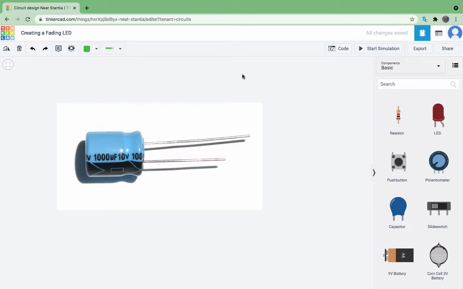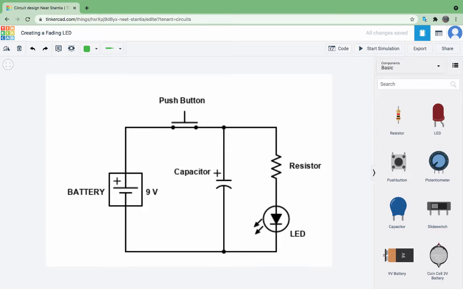to enable us to have an LED that we turn on, and then when we release the push button, the LED will stay on for a period of time and fade. And that's because the capacitor actually holds a certain amount of electricity and slowly lets that electricity out, and that will feed the circuit. So we'll be using the fading LED circuit from our guide,